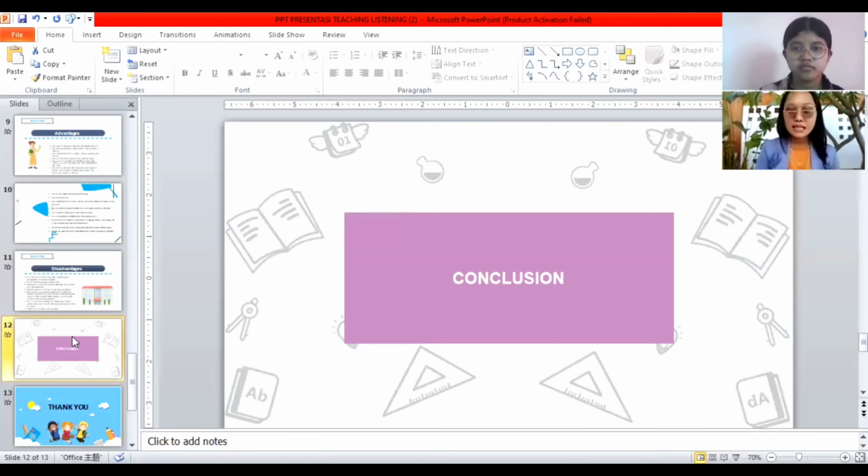Before teaching listening, there are several phases, namely before listening, during listening, and after listening. In addition, there are several strategies used in teaching listening, including listening through story, listening through think, pair, share, listening through problem-based learning, listening through news items by using closed procedure, reader strategy, and the last one is listen for live skim. Okay, that's all about our presentation.